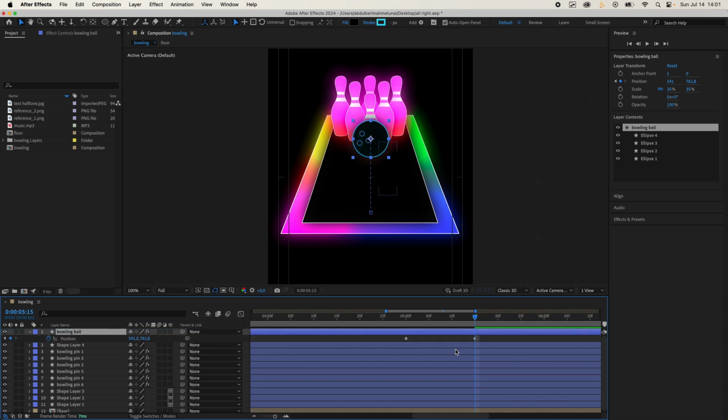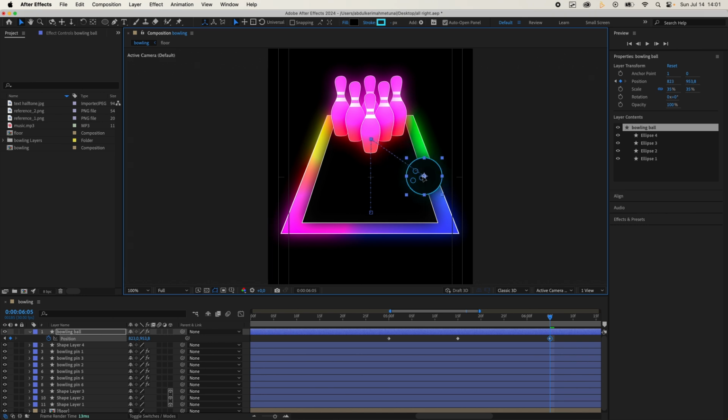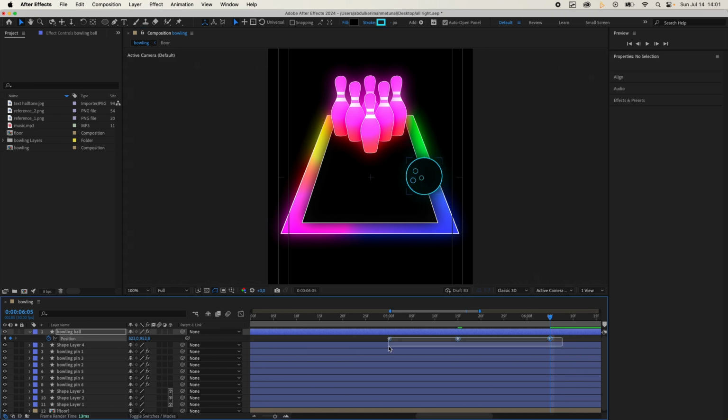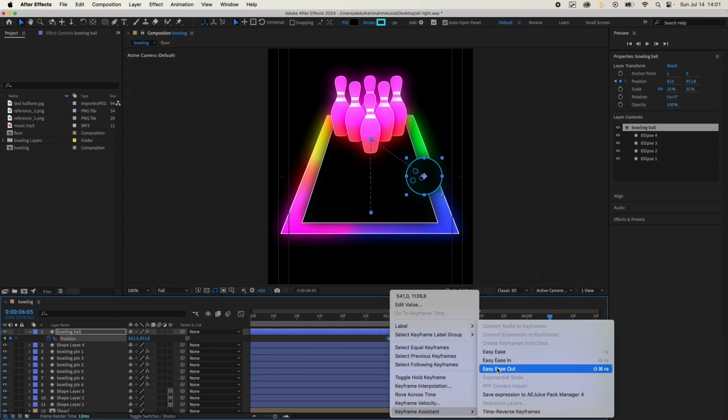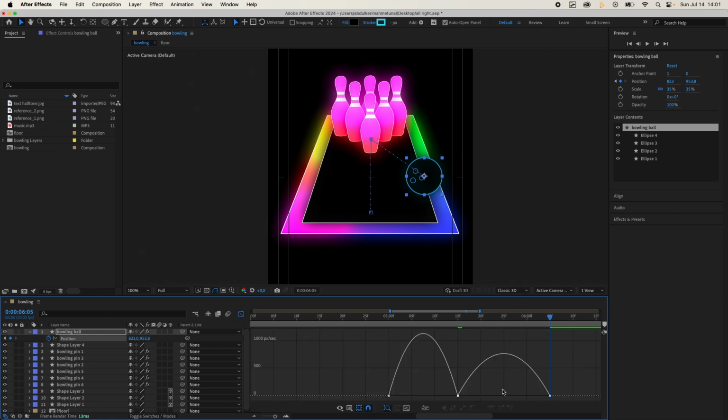Let's move it here. Okay, nice. And copy the last keyframe and let's go forward 20 more frames and paste it here, and let's move it here and select all the keyframes, right click, keyframe assistant and easy ease, go to graph editor, and let's do